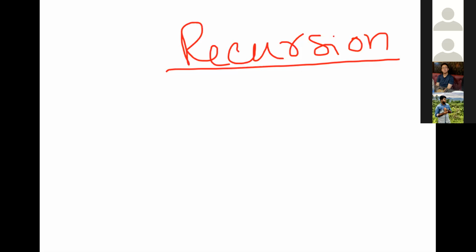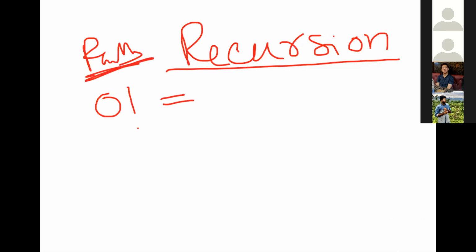For example, if I put 0 factorial, how much? 1. So for the factorial case, our termination point will be 0. If the factorial of 5 is how much? 120.